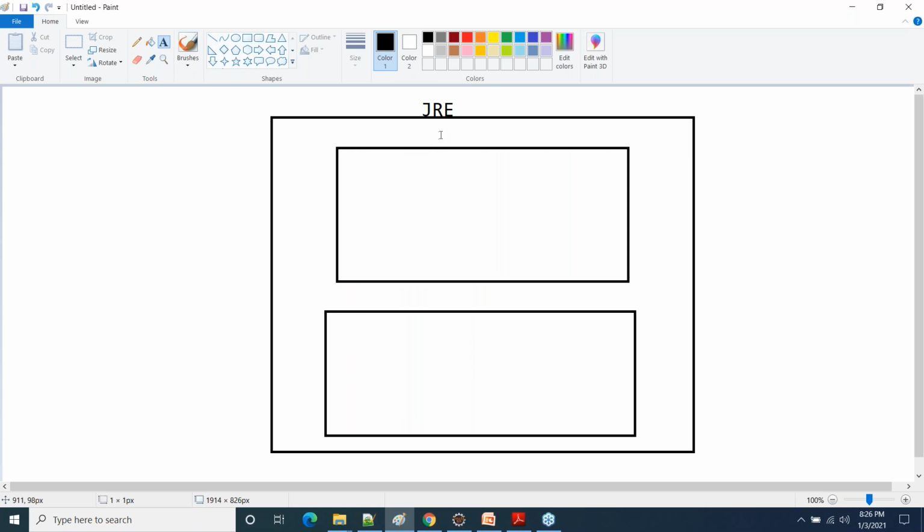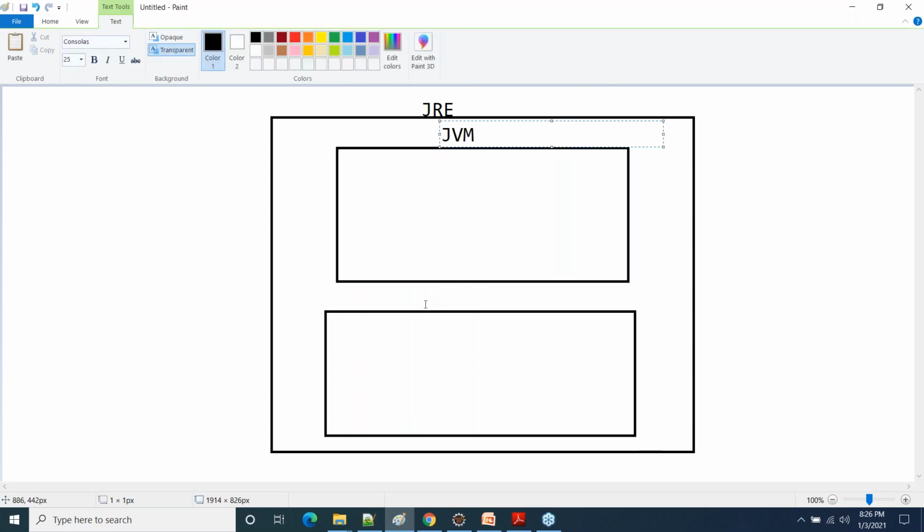One is JVM and another one is system libraries. System libraries means the jar files which we have already discussed.